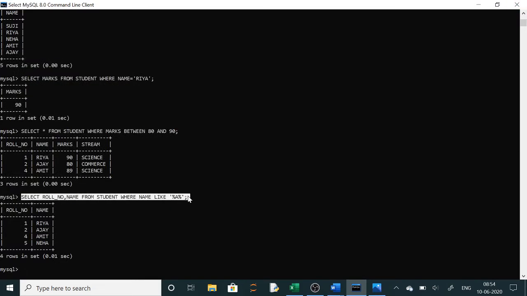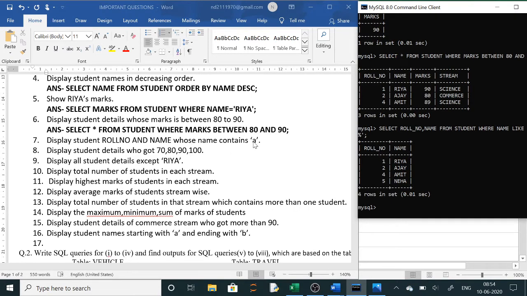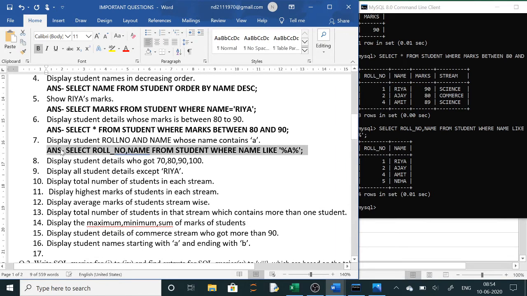Next is, so this is over. Like this you keep solving all the questions. Rest you solve it, and if you have any doubt, ask. So all these are important questions. In our next video we will solve all these questions. You go through the questions. I will give you more questions. 2 table questions are also given.